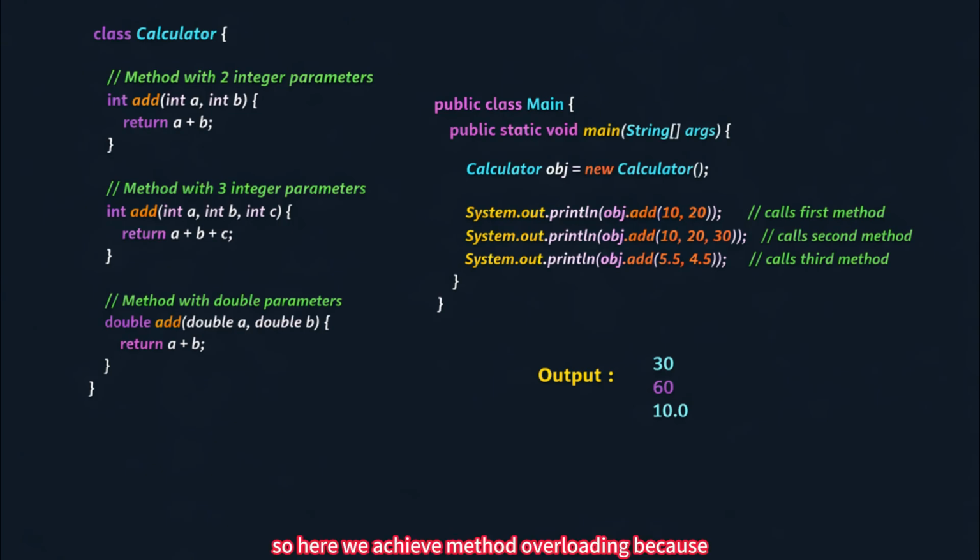So here we achieve method overloading because the same method name is used, but parameters are different. In this program, we have used different number of parameters and different type of parameters.